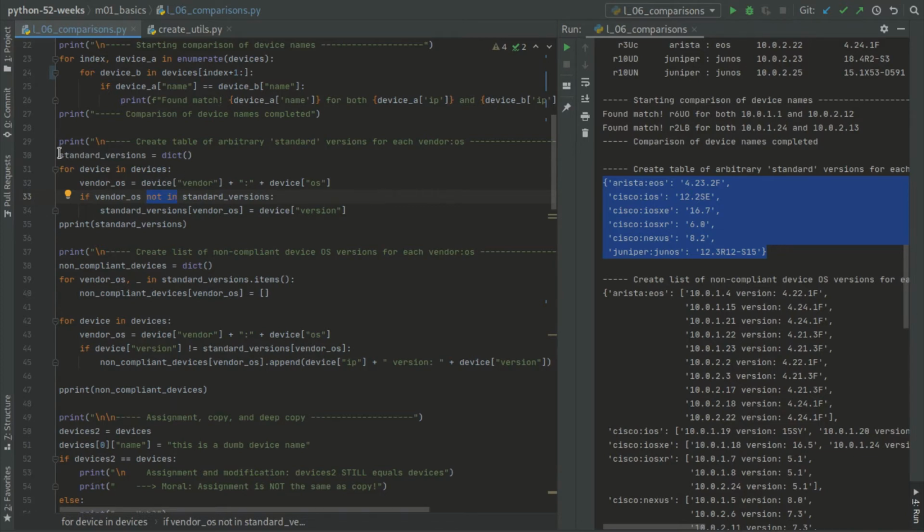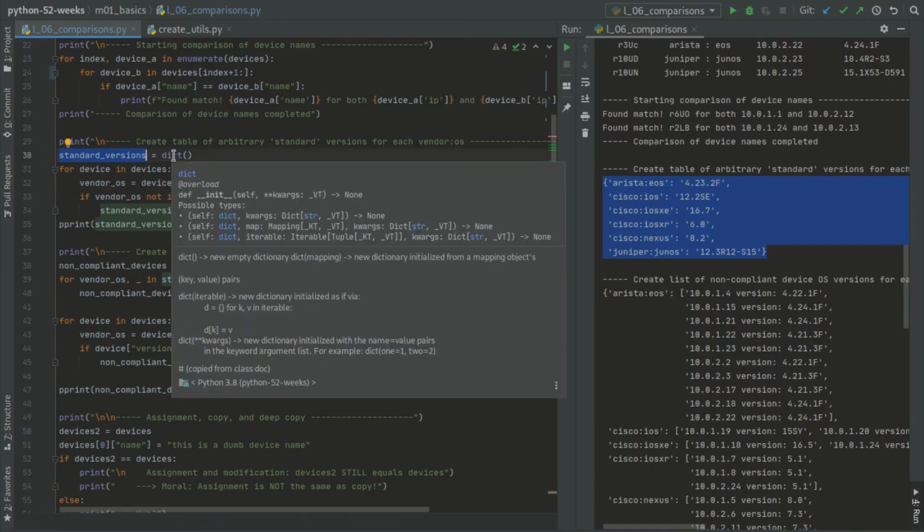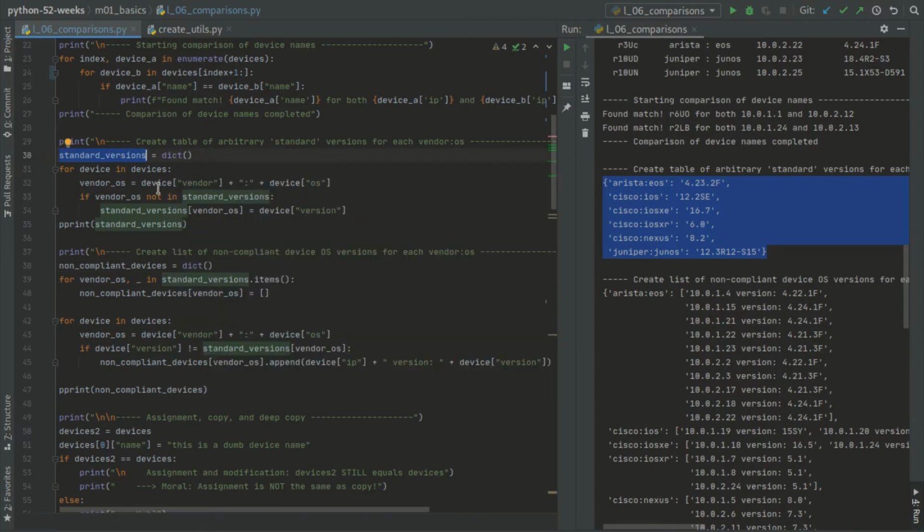So let me go through here, and spend a little bit more time on this creation. I'm going to go through every device. I'm going to create this vendor OS, which is just going to be this string with a colon in between the vendor and OS. Then I'm going to take vendor OS and say, is that key in this thing called standard versions? Now, the very first time through, there will be nothing in standard versions. And so this is going to be true. It's not in there. So now I say standard versions, vendor OS, let's say Arista:EOS like we did before. And I'm going to choose the version number to be whatever this